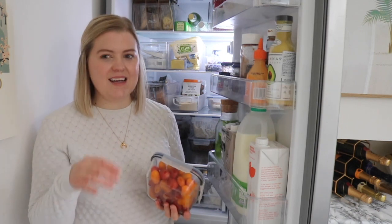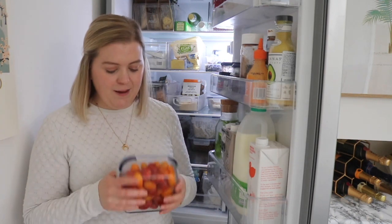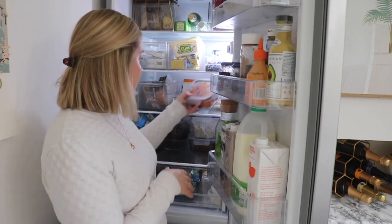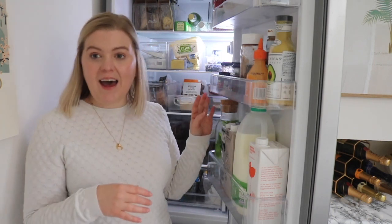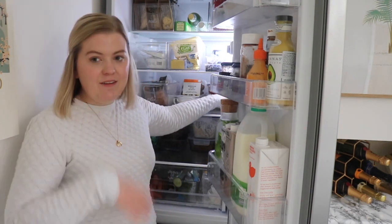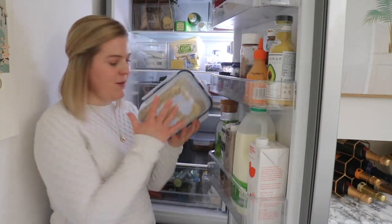I don't like seeing a lot of plastic, like supermarket plastic, if that makes sense, in my fridge. It just confuses me and I don't like it. And I much prefer to put stuff like this in here because then I can see exactly what we have. If you use the other containers, they tend to smush into each other. And this is just much easier to shop my fridge and see actually what we've got and go from there. So as I said, I've got a leftover one for chicken, and then my husband has this massive one